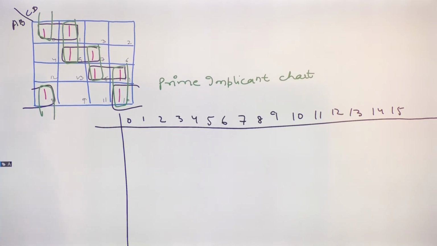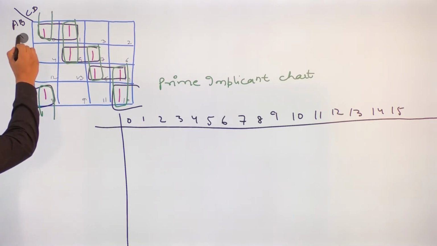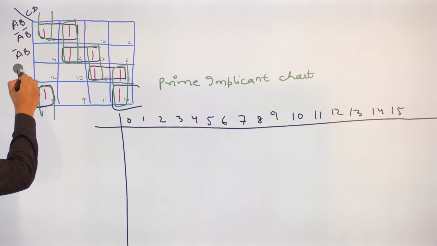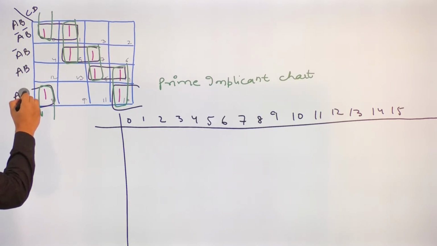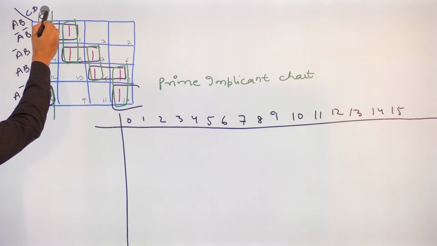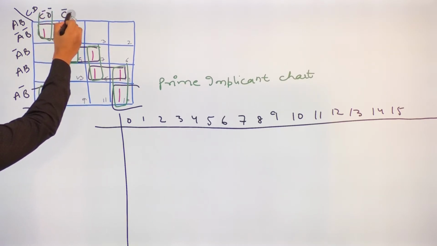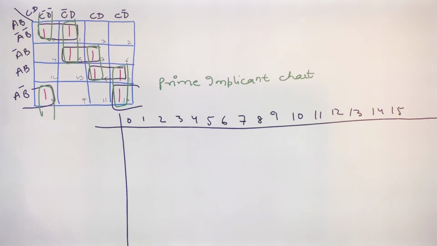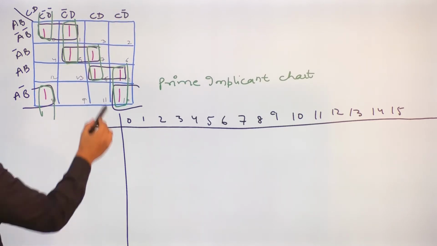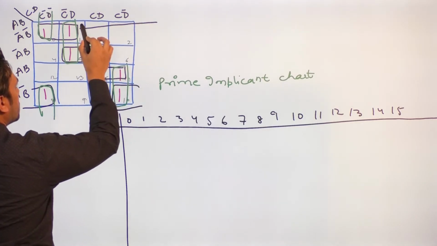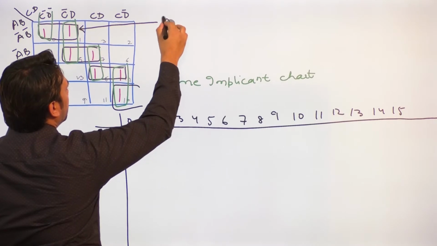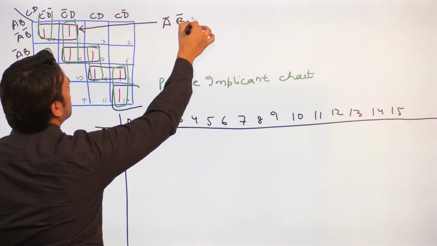Okay, and now let us try to analyze what each of these subcubes is representing. ये हर एक subcube क्या क्या represent कर रहा है, and how many subcubes do we have. So this is representing A complement, B complement, A complement B, AB and AB complement. This one is C complement, D complement, C complement D, CD and CD complement. Okay, so we will take this horizontal subcube. We'll start with this horizontal subcube. What this horizontal subcube is representing? It is representing A complement, B complement and C complement.